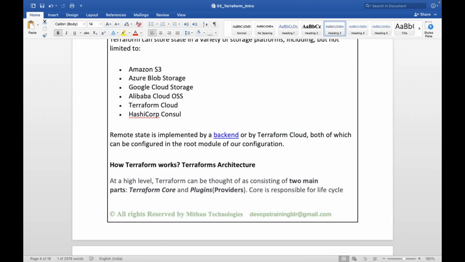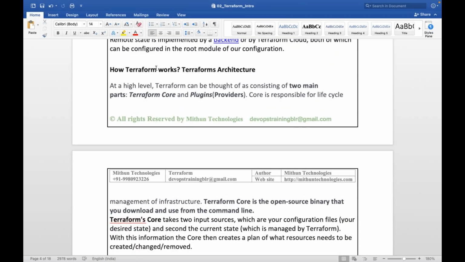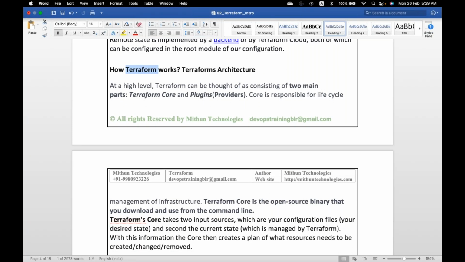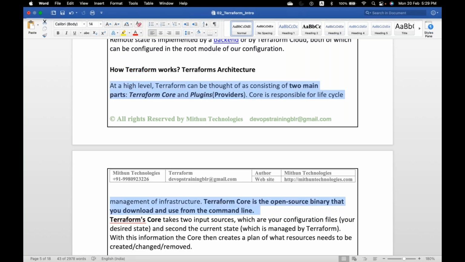Remote state backend is implemented again using some keywords. We will discuss this later when we go for the labs. But before I proceed, let's understand how Terraform works. Terraform architecture, as I already told in the last class,